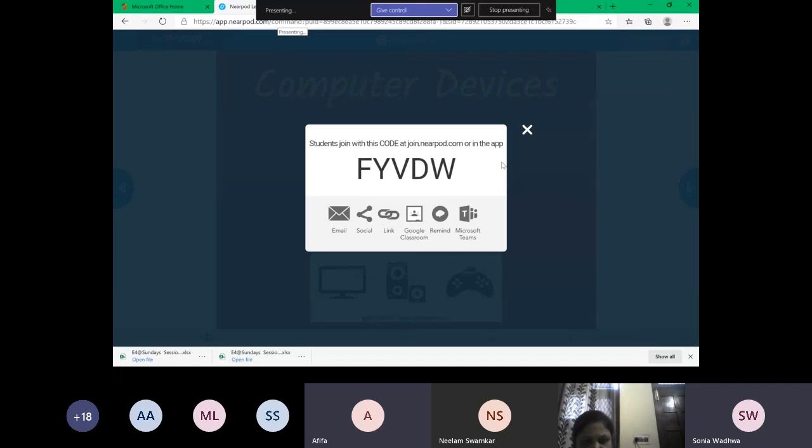And on your screen, you will not get to see the activities. You will get to see students' name-wise marks and responses to activities. So teacher view is totally different from student view. In teacher view, you will get what you designed in one corner of the screen, and in half the screen you will get to see the responses of your students. As I was prompting, Anjana ma'am, you have not started the quiz, or I was counting, very good Daljit ma'am, you answered all correct. I was able to see your responses from my screen. So it was super easy for me to check who all are doing it, who all are with me.